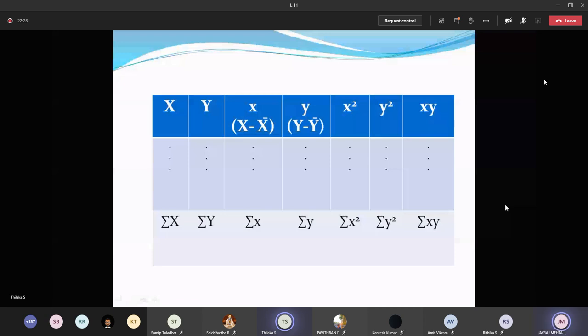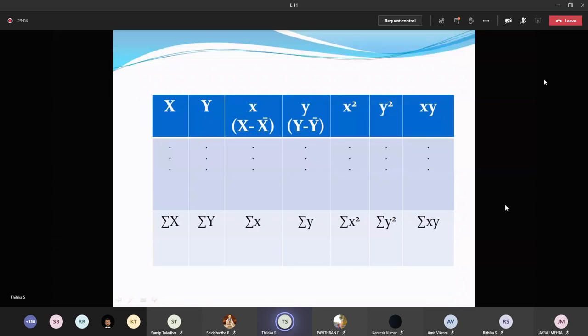Average number, yeah. Just add all of them and divide by 5. Add all the 5 and divide the total by 5. The same average is called the arithmetic average, the arithmetic mean of the variables. That is mentioned here as x bar. So x bar is the sum of x variables divided by the number of variables. That is x bar is equal to sigma x divided by n. N is the number of variables given.